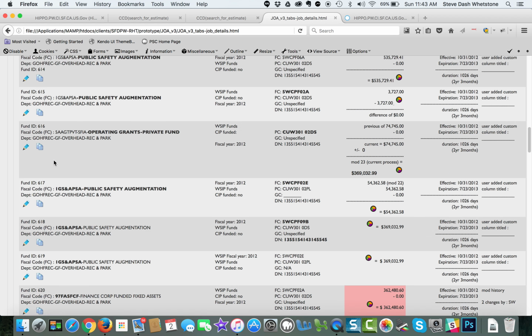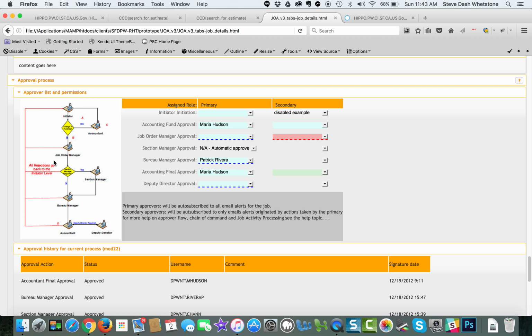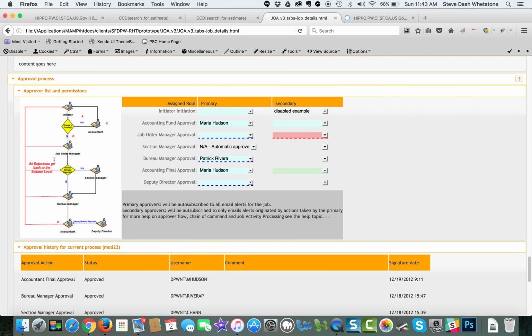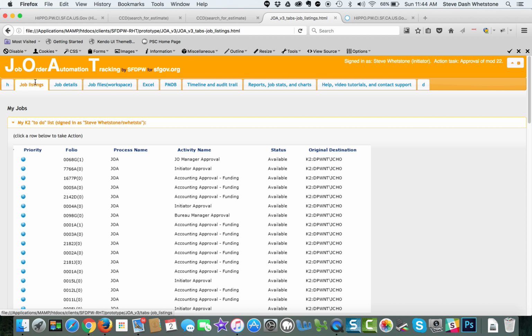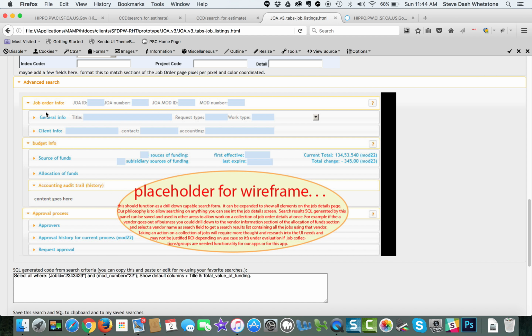And let's see, did I do that elsewhere? Right there. Where's the, well, jobs listings, I think that's pretty developed. Maybe that's where I had it. So this is a really advanced search functionality that I wanted for job order